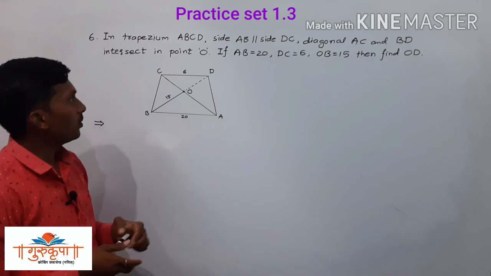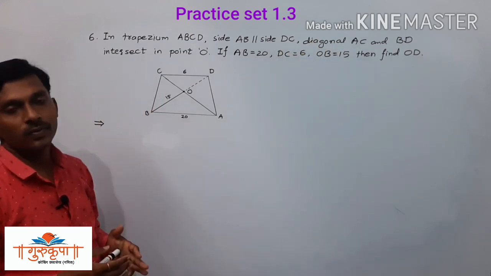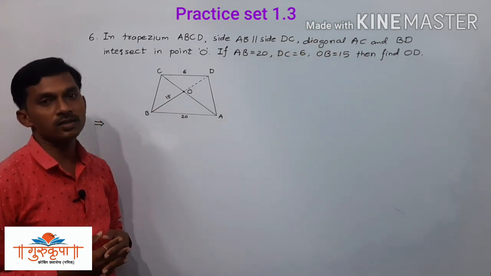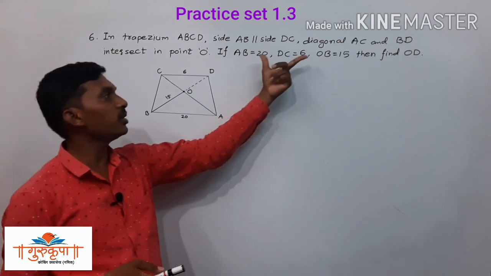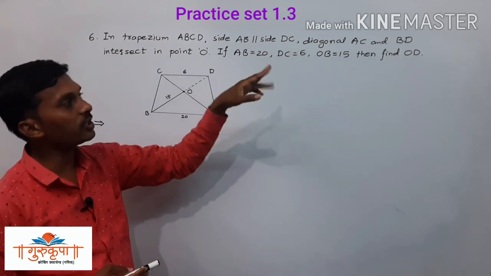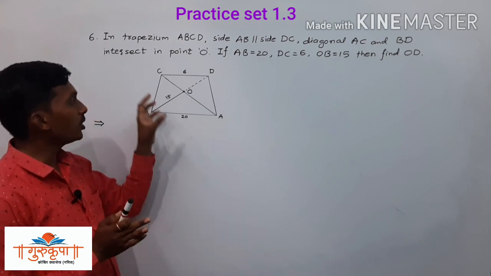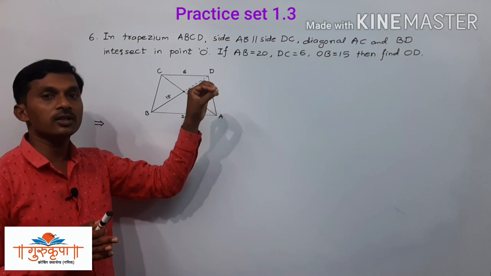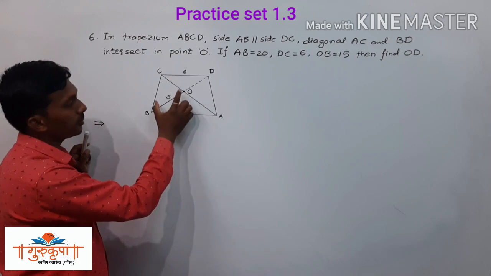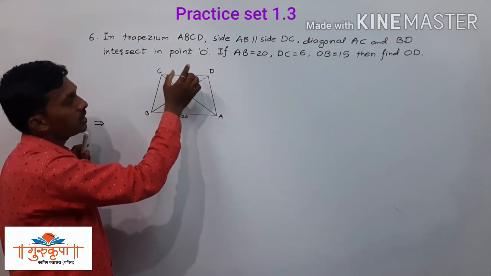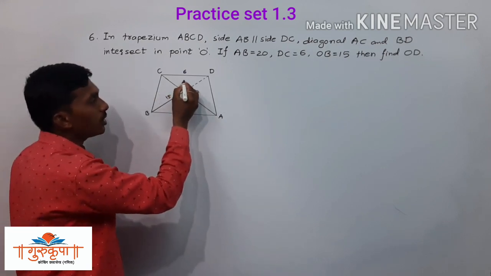Now here, from the given information and the information which we have to find, we have to decide the two triangles which we have to show similar. Obviously, we are given the measurements of some sides and we have to find the measurement of a segment, which means everything depends upon the corresponding sides of the similar triangles. Whatever the given information, we have AB 20, OB 15, we have CD 6 and we have to find OD. So, we have to think about these two triangles.